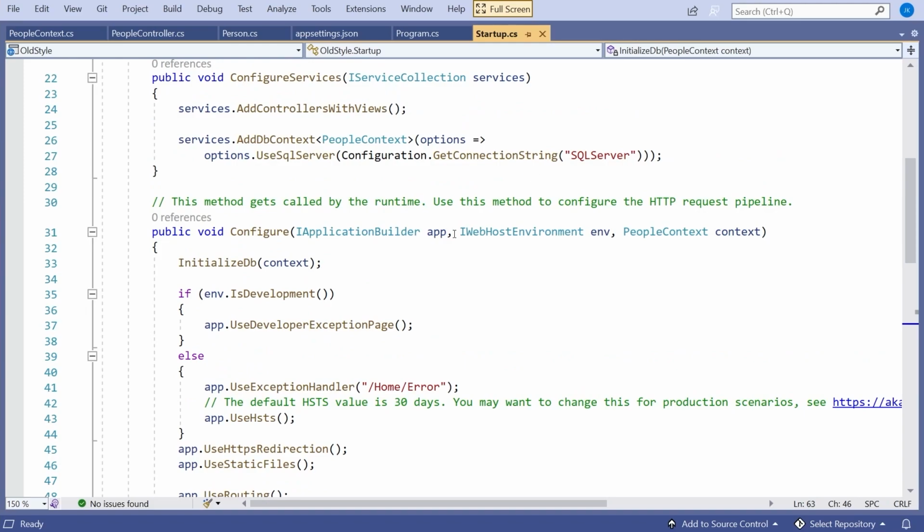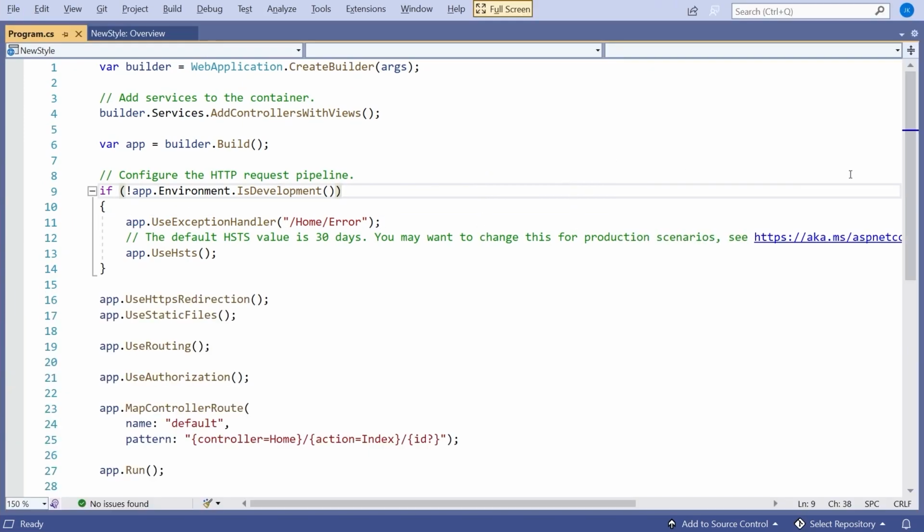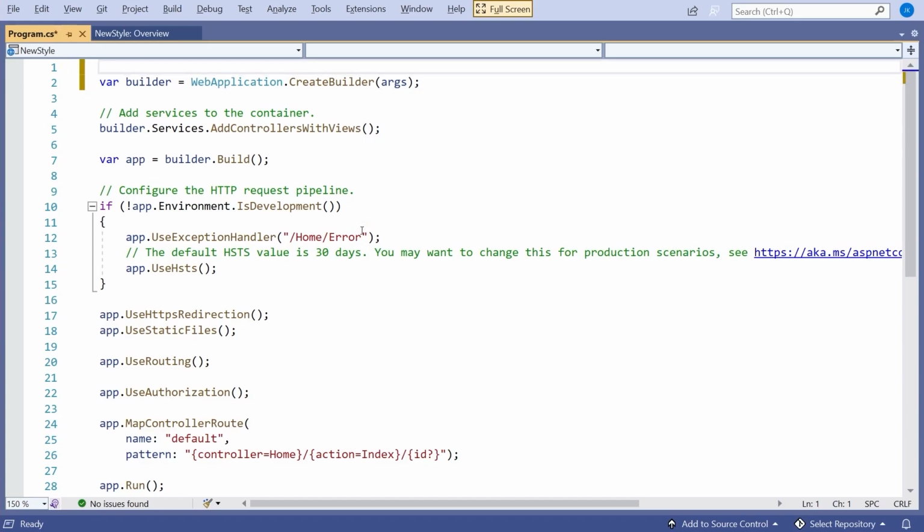Let's compare that with what we've got in the new version. So if we just go back to that one, and we've got all of this in program, and I think the best thing to do really is just to put some comments on to see where these bits fit together. So the first thing we're doing, that create builder, that is what previously was in main. Now remember, we're already in main here. We've had this idea for a while that you don't need to write a class program and then in there put a static method called main. If you just write your code directly into a program.cs, that's what gets generated. So that's what we were looking at when I looked at that new style of the console application.